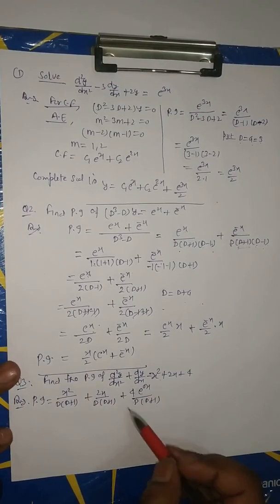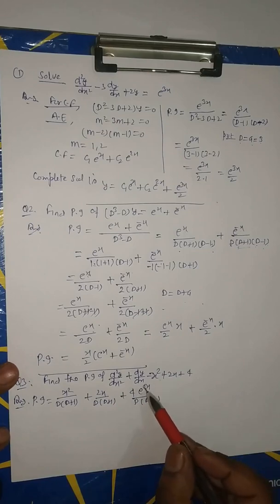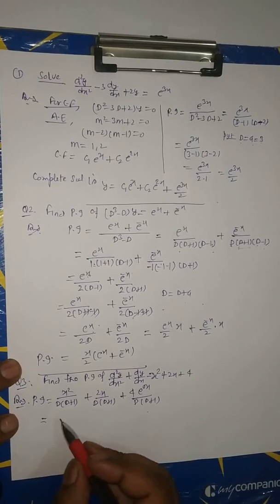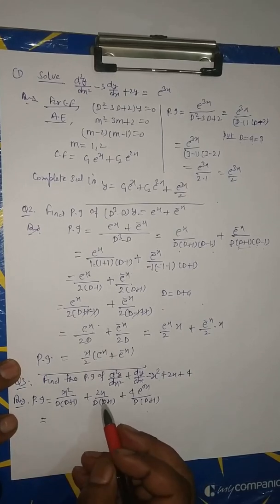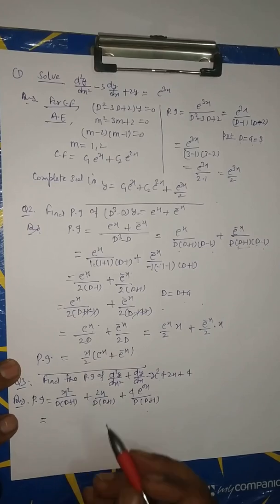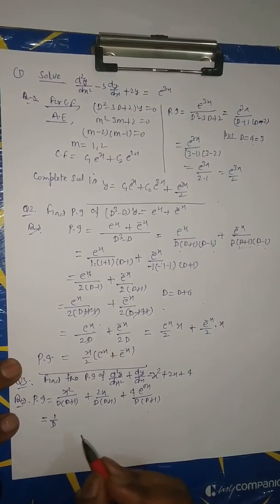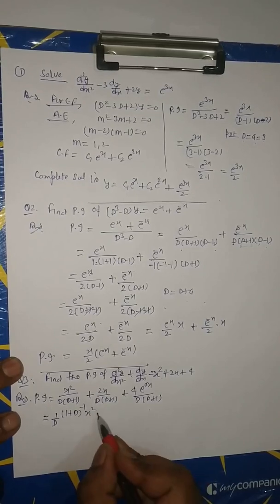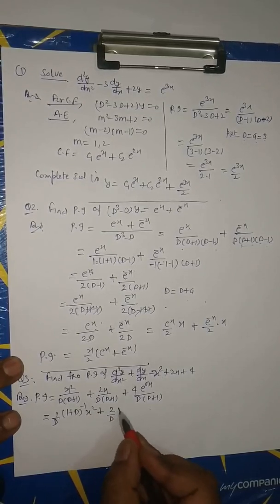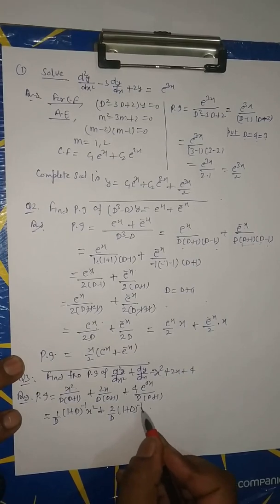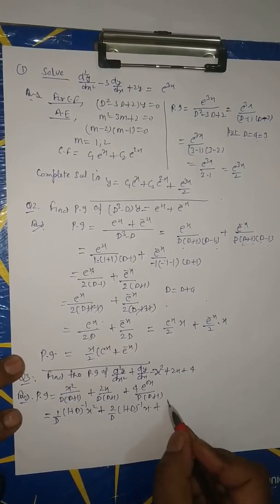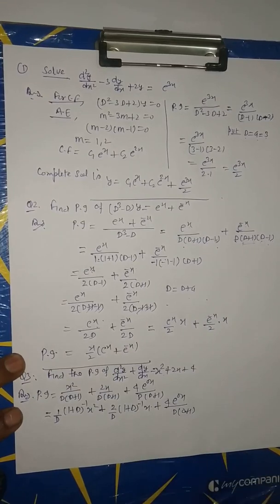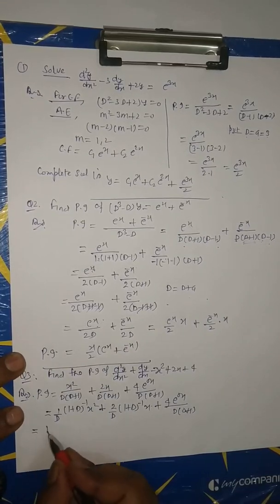Now in the last term we put d is equal to a, where a is equal to 0. Now we solve the first and second term by binomial. 1 upon d as it, (1 plus d) whole power minus 1, x square. Similarly here 2 upon d, (1 plus d) whole power minus 1, x, plus 4 e to the power 0x upon d 0 plus 1. Now here 1 upon d